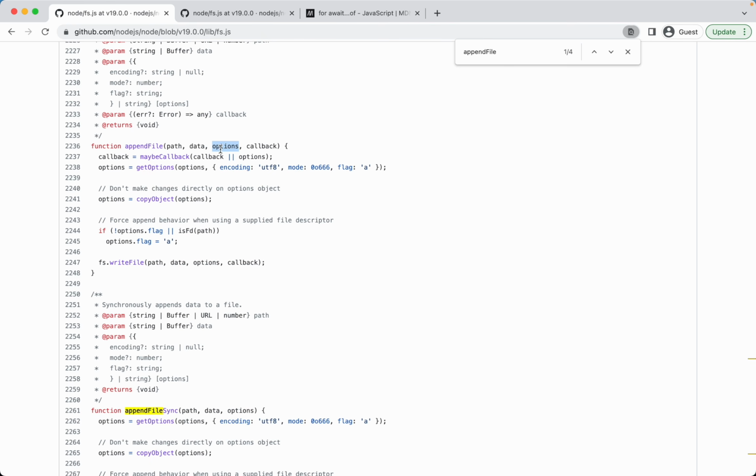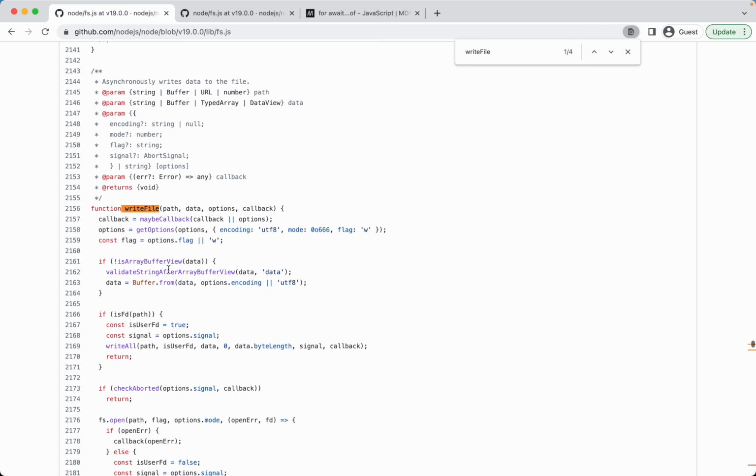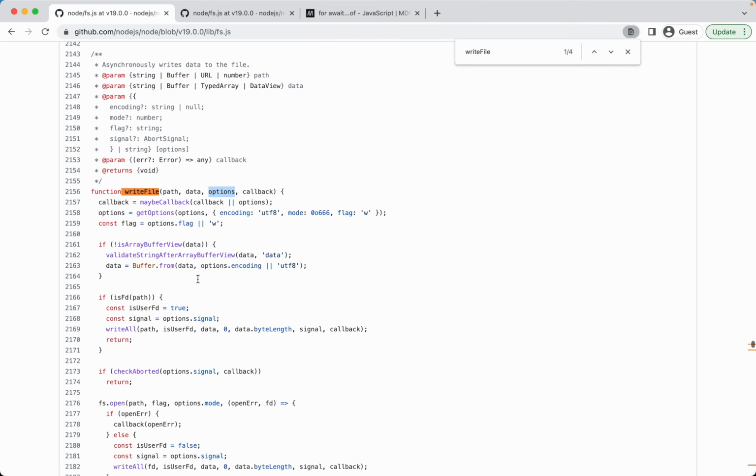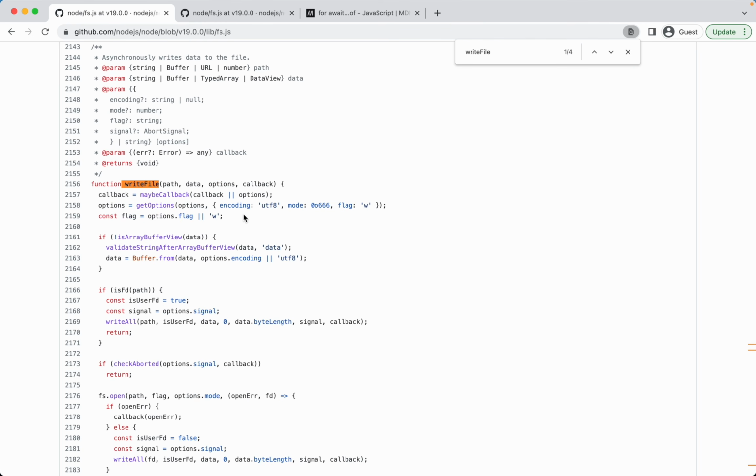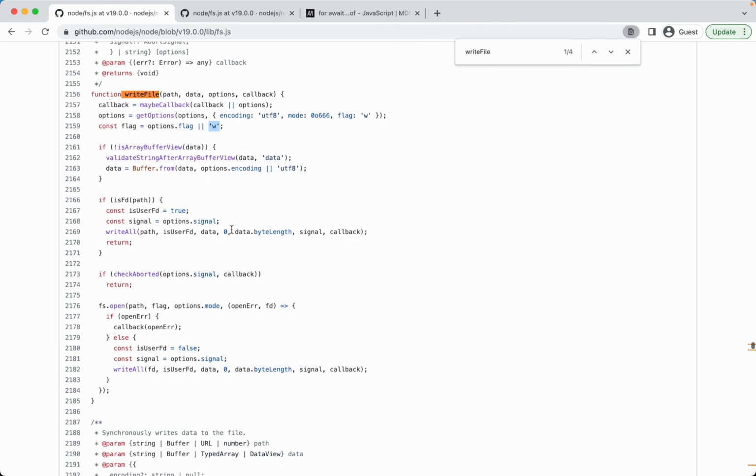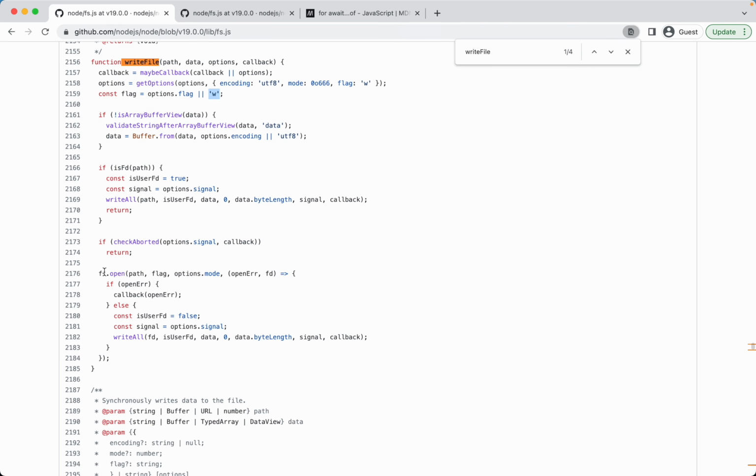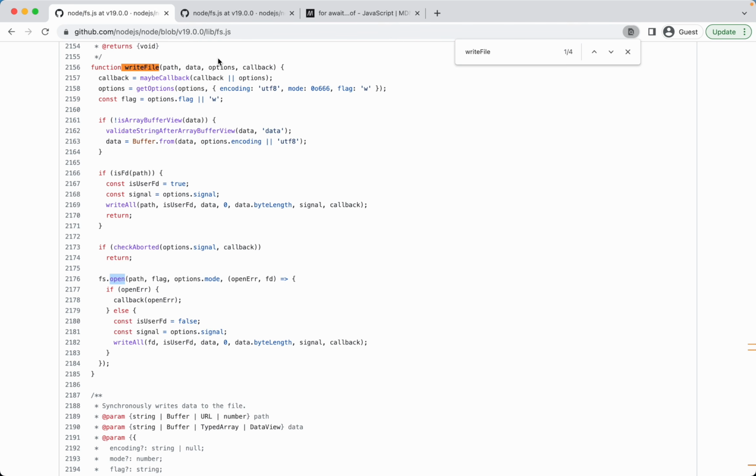But you could specify the option, but what is going to happen is that this function is going to get called, which is called writeFile. So let's also take a look at the definition of that function. And it's right here. You could call this function, specify the path, the data, and then some options. And if you don't specify any flag, it's going to get defaulted to 'w'. But if you scroll down, what you're going to see here is that the open function is actually getting called first. So when you call that append function in Node, you're actually doing it in a single step